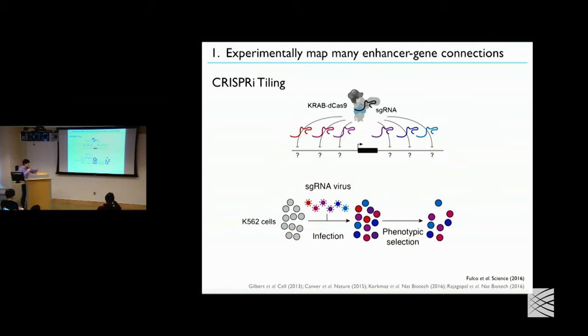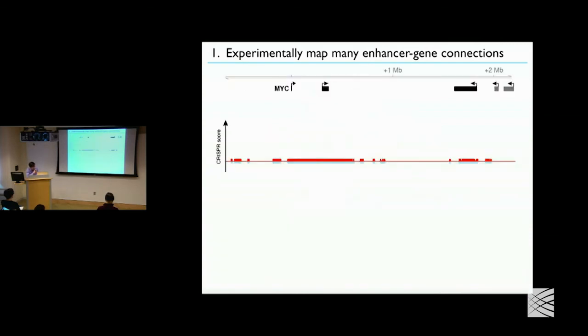This is a prerequisite for understanding these types of connections at scale, and it is actually quite remarkable given that, for instance, in 2 years of my PhD, I spent painstakingly knocking out 20 elements and measuring their effects on gene expression. And this means that in a month, you can do thousands. So this has been really a game changer for us, and we've set about applying this method across dozens of genes. I'll just show you an example of one gene.